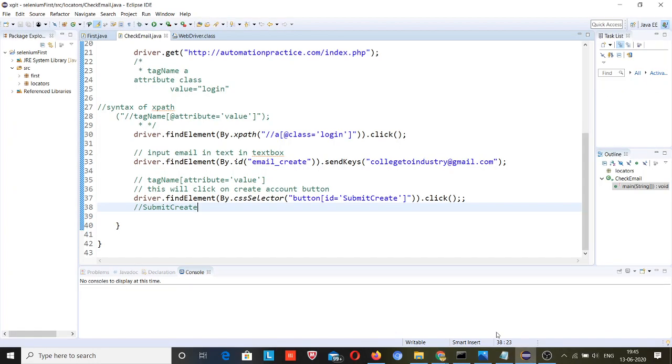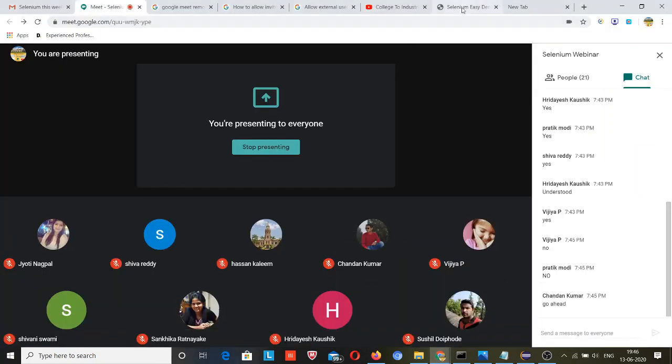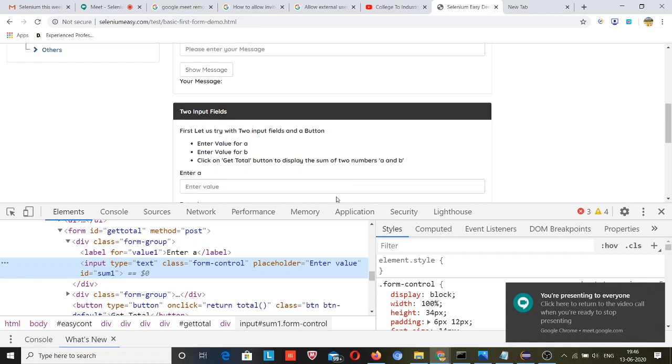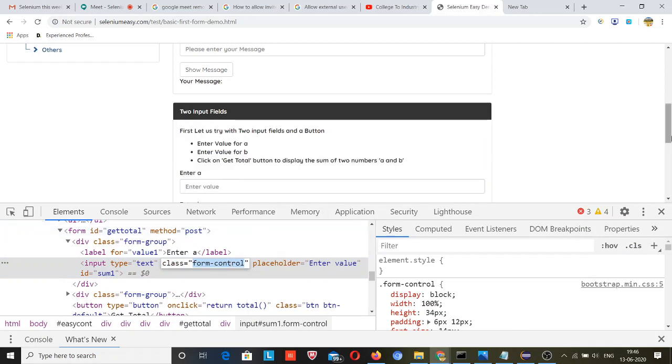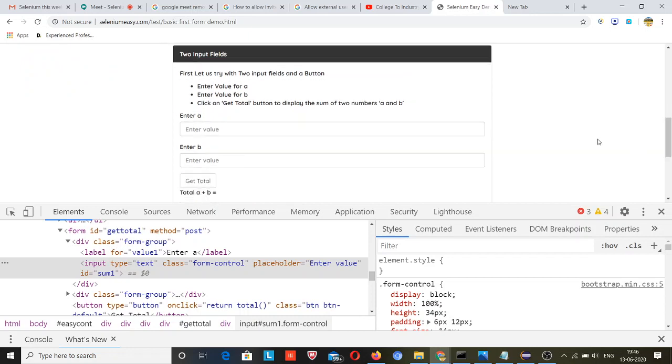So I was trying to take an example to show you the name, but in this field we don't have a name value. So I was trying to go with class. But here class is also common in some fields. In this field the class is form control, and similarly in this field the class is form control. So I am again at a dead end. But there will always be an option when you are trying to automate things.